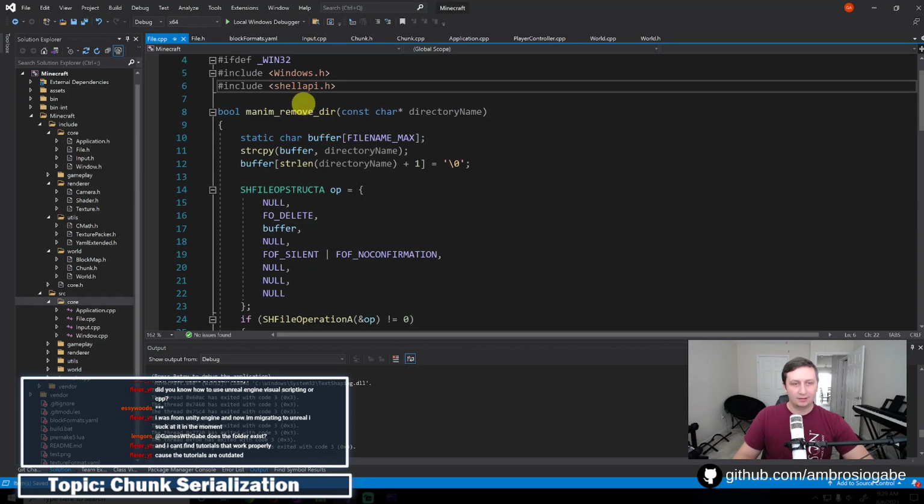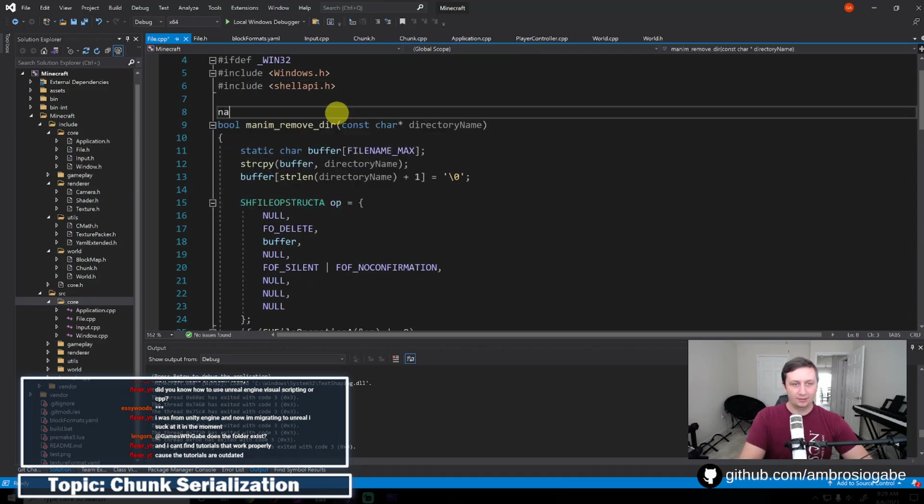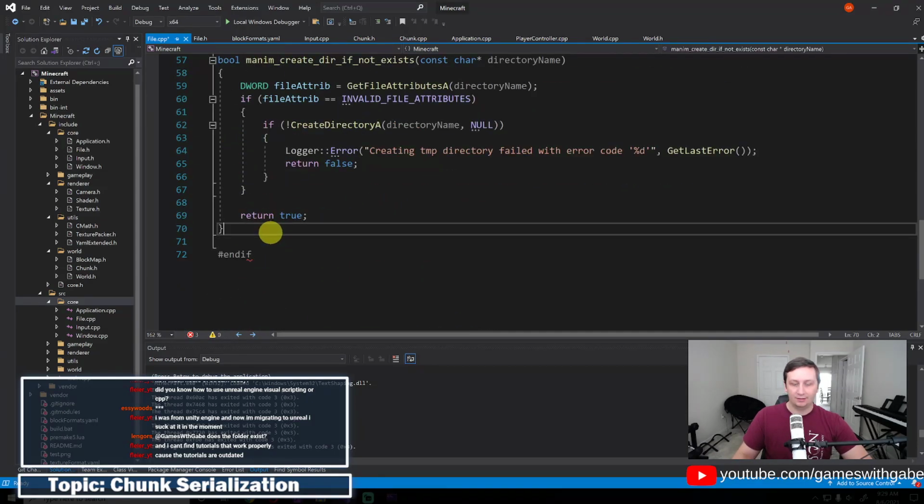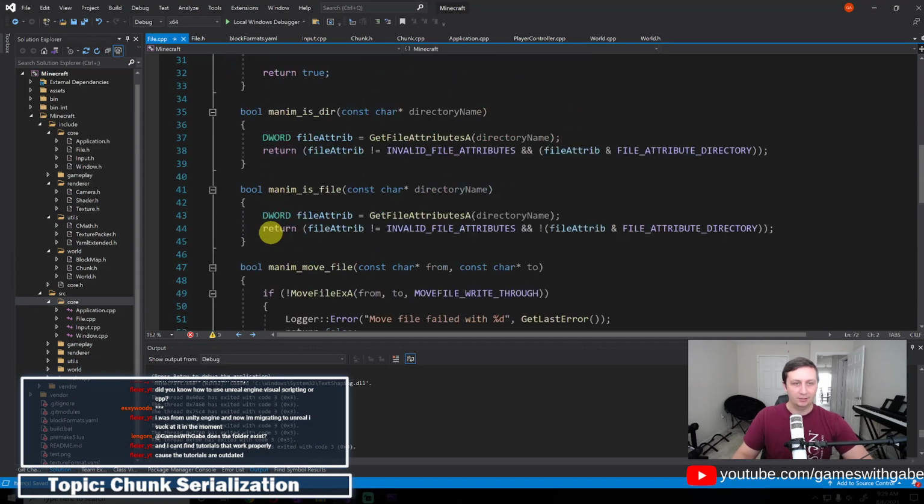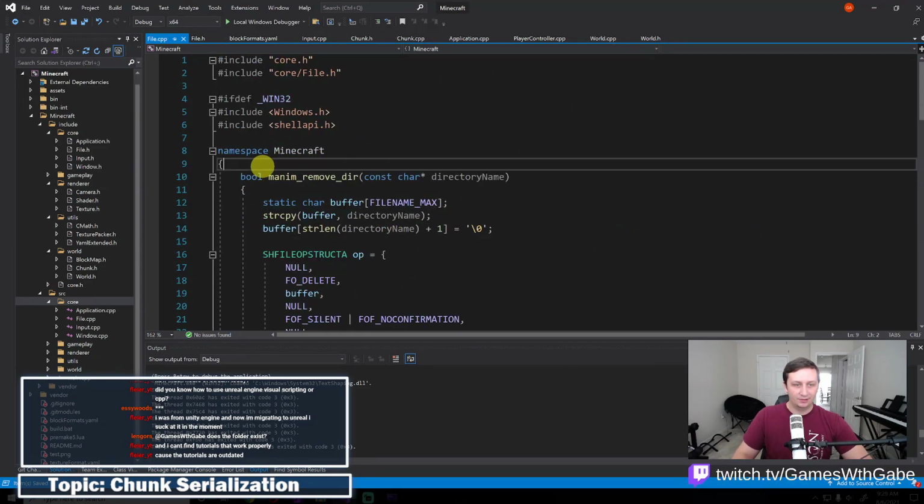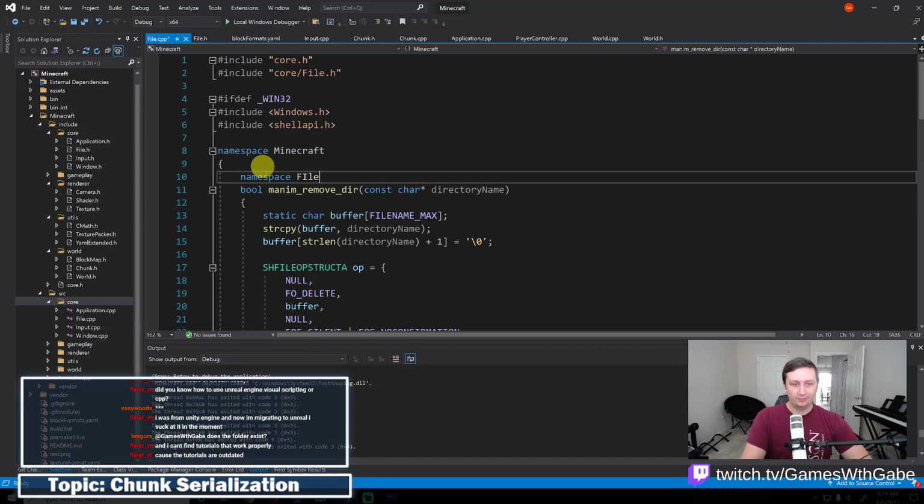Okay, and so this is just like Win32 stuff. Because I'm using the Win32 API directly here, if in the future I wanted to add support for Linux and other systems, then I could just change it up in here and add more implementations. So yeah, I'll change this to file,